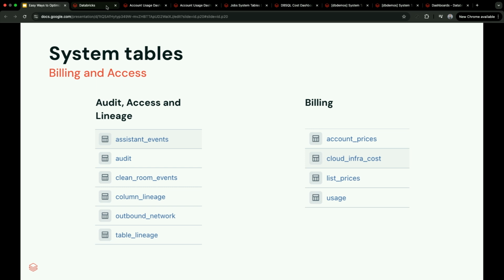First category, we have audit, access, and lineage. In this one, you have things like column lineage and table lineage that track and give you a record for each read and write operation on your columns or on your tables. You have things like audits that track literally every activity happening within your workspace or within your accounts. For example, if someone tries to create a cluster,